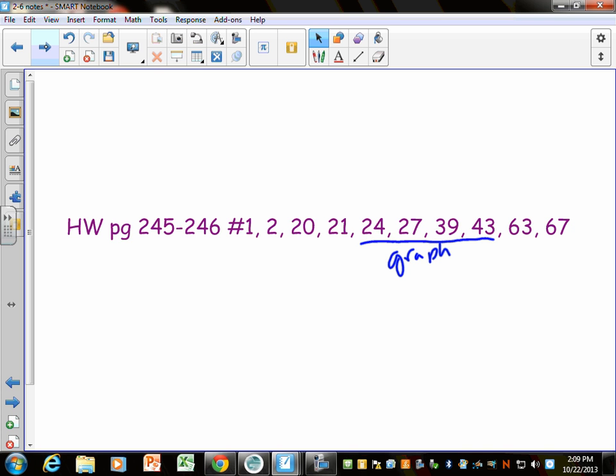This is 2-6, yes. And just a little FYI, tomorrow is worksheet day, so I don't really know what that means, but just throw it out there that we have worksheets tomorrow in case you want to